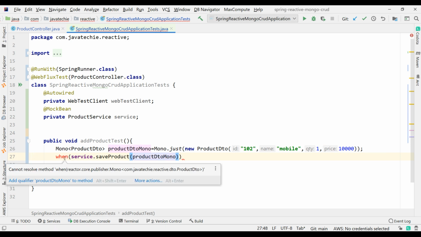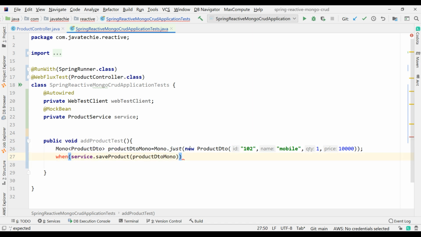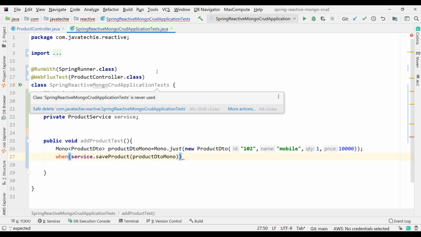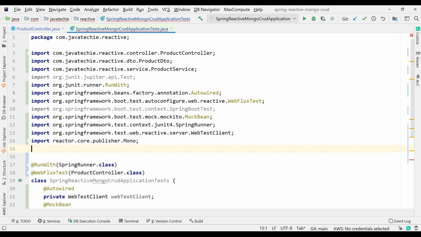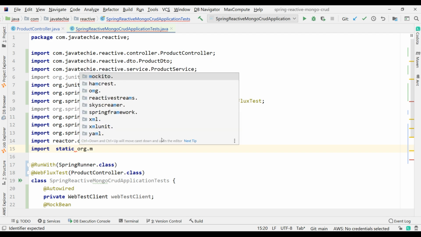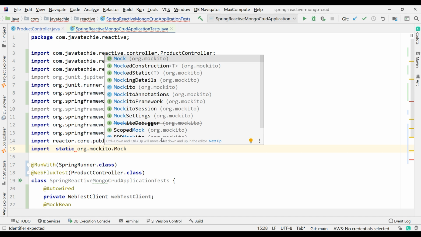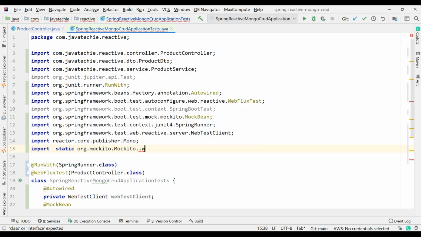So let me import this. It should show me the import statement from Mockito. So let's add it manually. Import static org.mockito.Mockito.when.